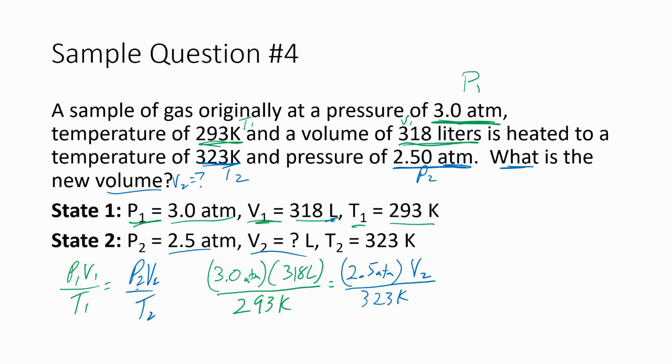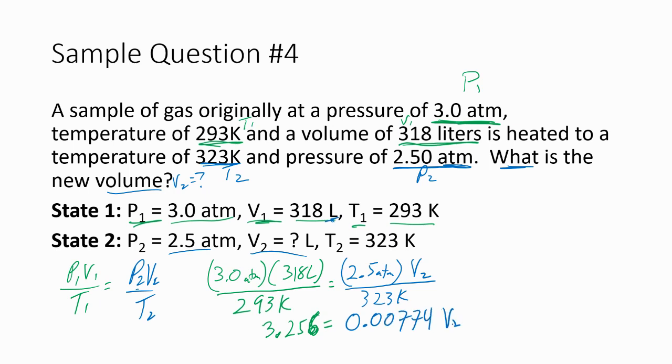So now this is algebra. And with the algebra, you can turn this into a number easy enough. 3 times 318 is 954, and then divide that by 293. So our green number becomes 3.255. It's 3.255. After you turn all that, actually 256 even. And then our blue numbers, we can divide 2.5 by 323, and we get 0.00774,